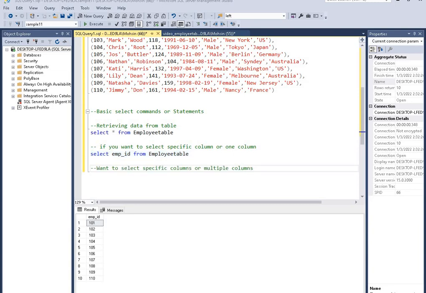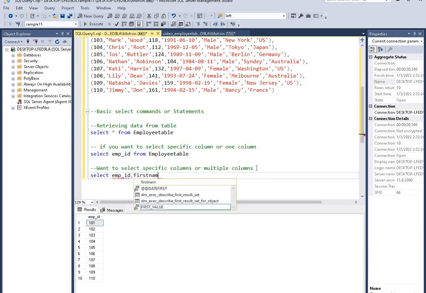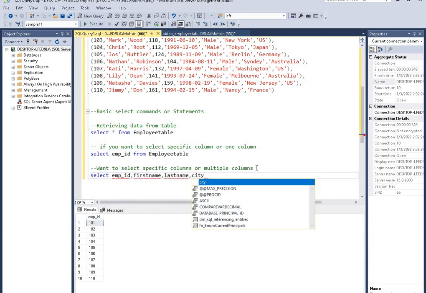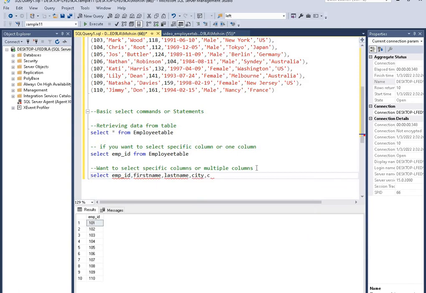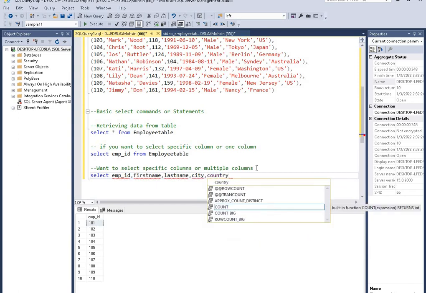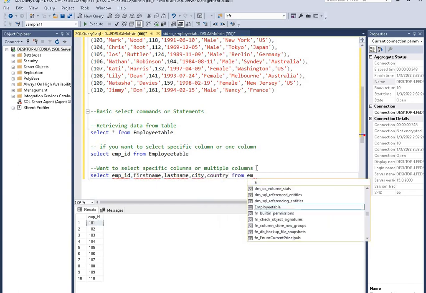If you want to select specific columns or multiple columns, instead of star you have to type the column names. Select column names: employee EMP_ID, first name, comma, last name, city, comma, country, from table, employee table.